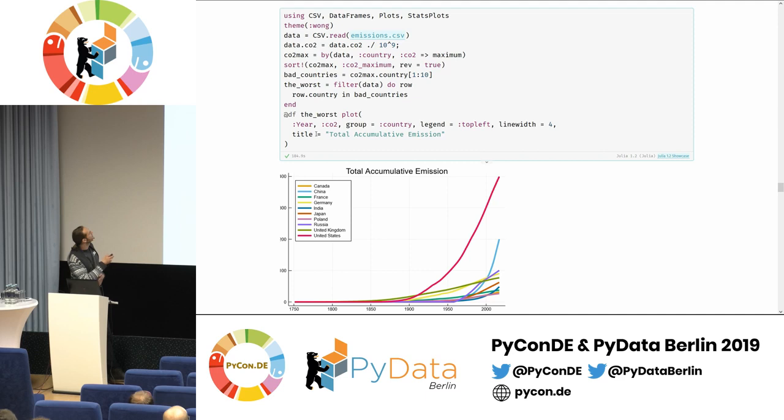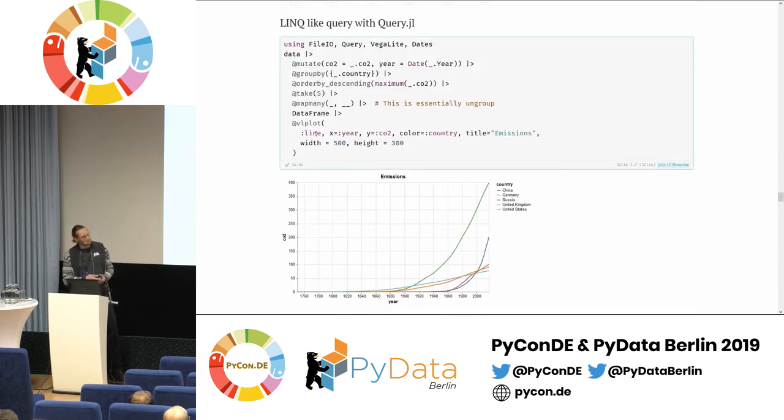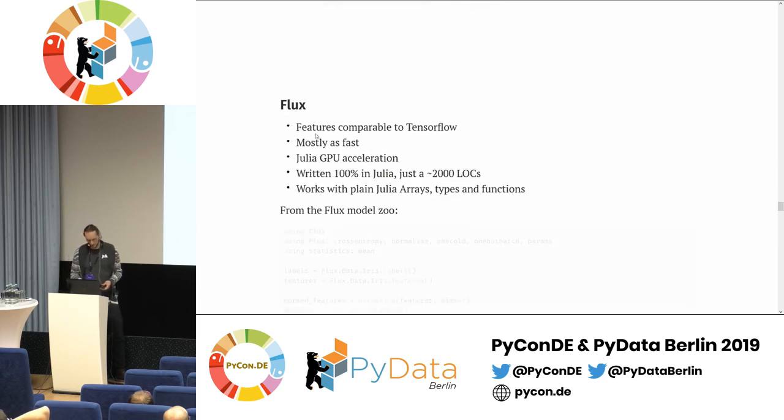You can have a look at it. I won't go through this. I will also publish the slides, so you can probably look at it in more detail. Compared to it, there's also Query.jl and quite a few other data transforming packages. This one uses Julia's macros to define a domain-specific language to have a more concise way of defining data transformation, and it's tightly integrated with Vega Lite for plotting, so that works very well together. I think everyone just needs to find out which style they prefer more, and there are quite a few Julia